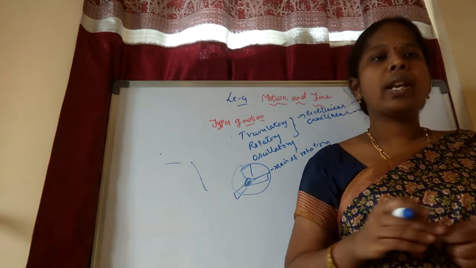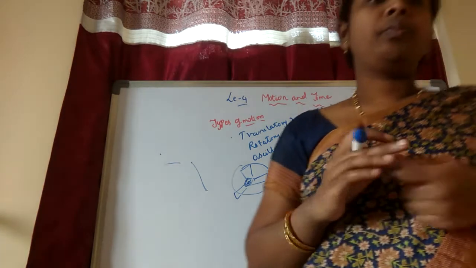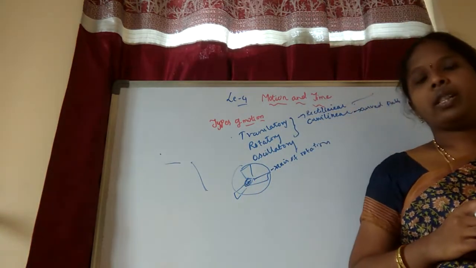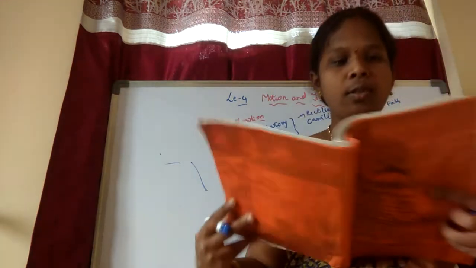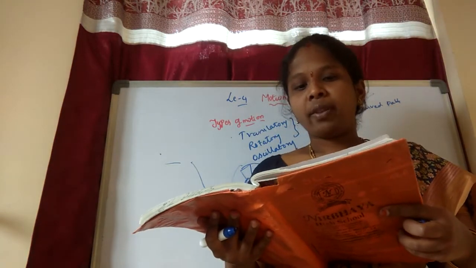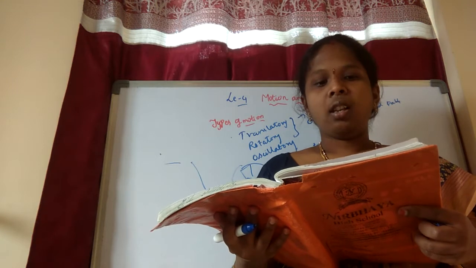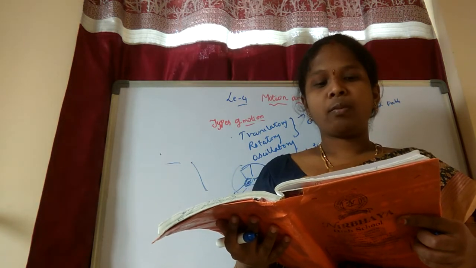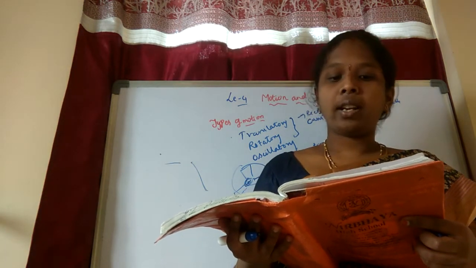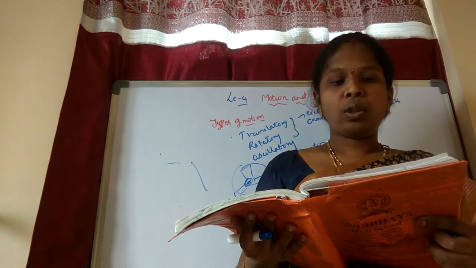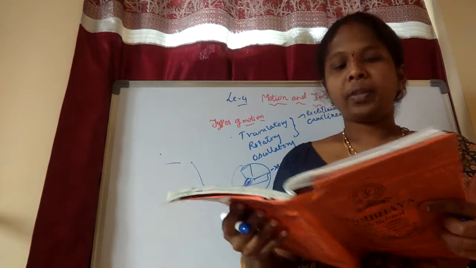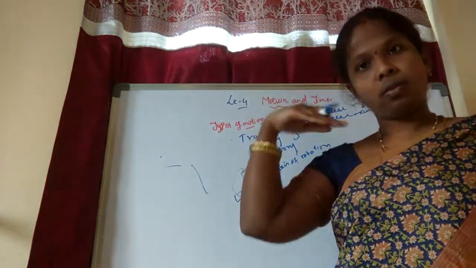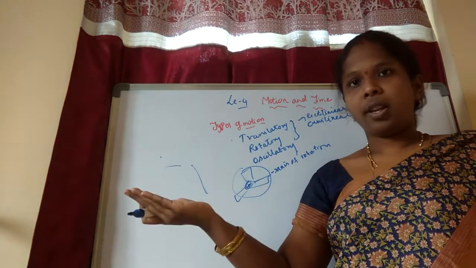They have given some examples. A spinning top: you can say whether it is an oscillatory motion or not. That you have to write in your textbook. Spinning top, bullet fired from gun, typewriter key, motion of a potter's wheel, motion of a vibrating sitar string, motion of a car taking a turn while moving, ringing of a bell, a bouncing ball. A bouncing ball is to and fro only, so that is oscillatory motion.